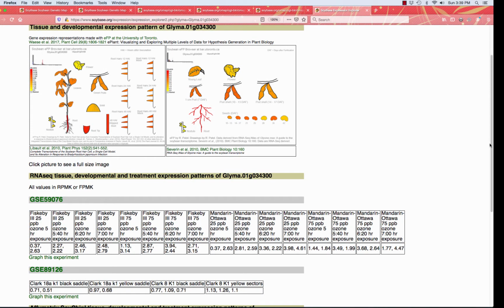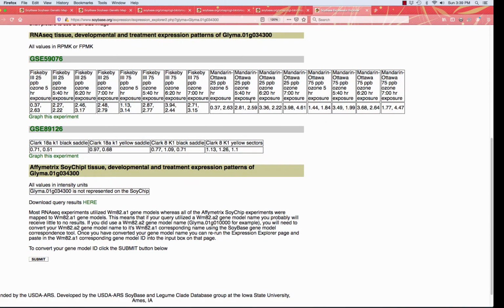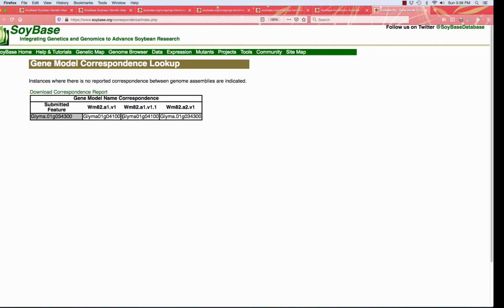And here are the two experiments that we saw earlier. RNA-seq captures only one experiment captured that gene. And if we look down here at the soy chip experiments, we see that that gene was not represented on the soy chip. That's because it's an assembly 2 gene, and they were not around when the soy chip was developed. However, we can convert an assembly 2 gene into an assembly 1 gene name simply by coming down here and hitting the submit button. And then we see that this gene is analogous to GLIMA